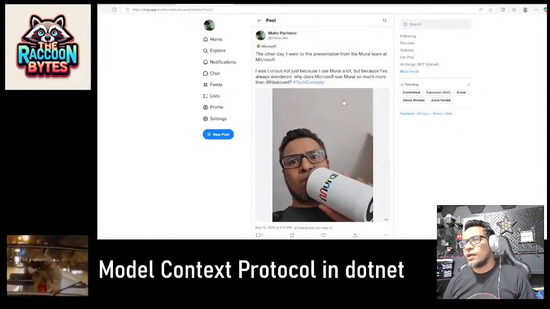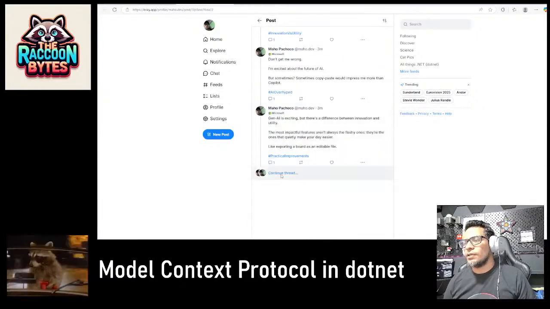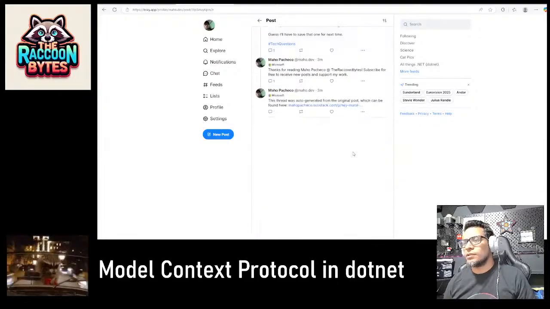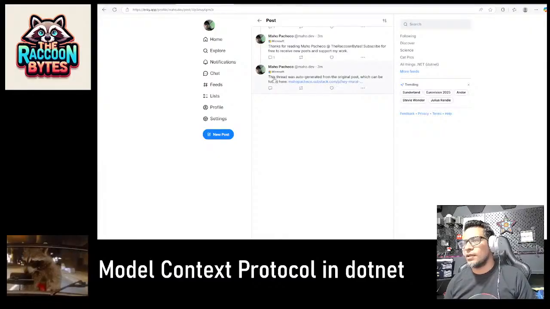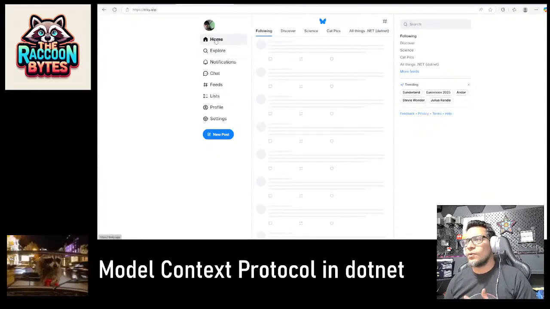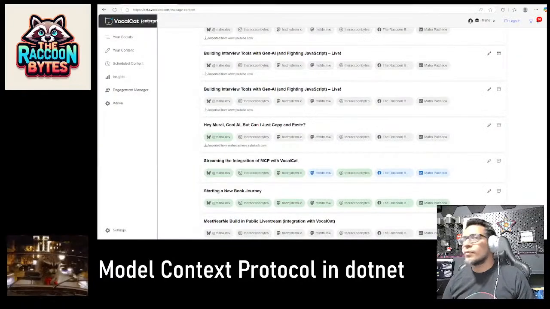It is just rewriting my stuff, but it's trying to maintain the same style. And then I am adding a disclaimer: this was auto-generated, because I don't want people to think that it was written exactly by me. All right, so